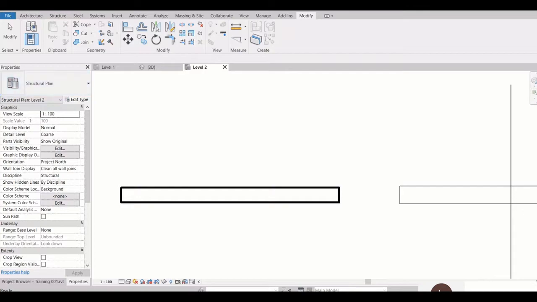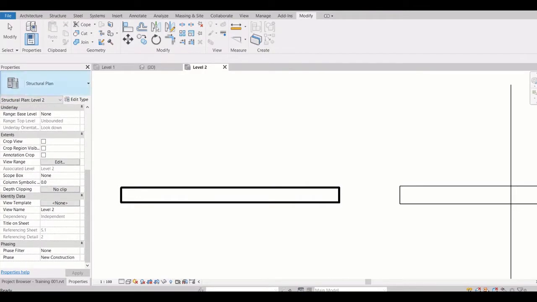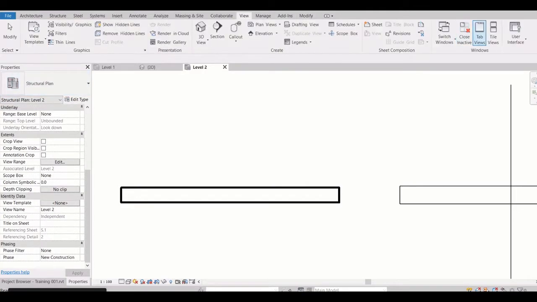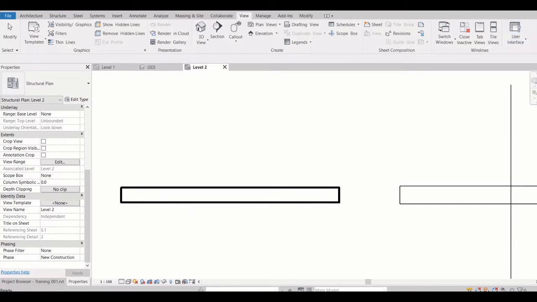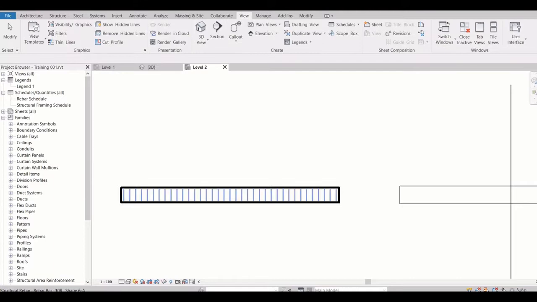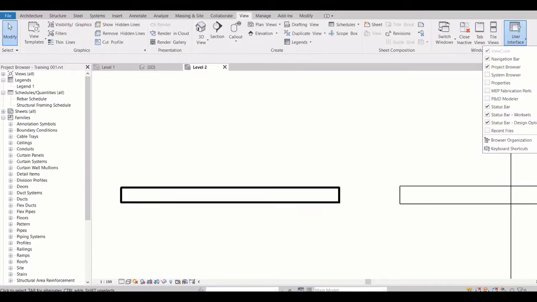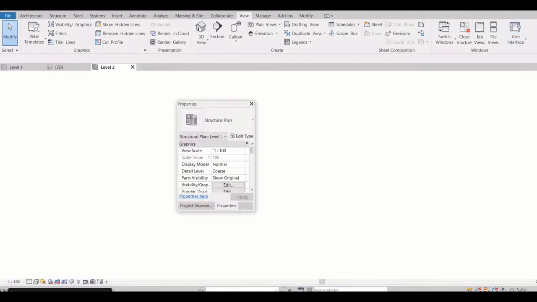Then we have the properties. From the view tab you can turn on over here: interface, project browser, properties, MEP tools, status bar, recent files, whatever you want you can open. So if you sometimes close one by mistake, you can go to view, interface and click it.